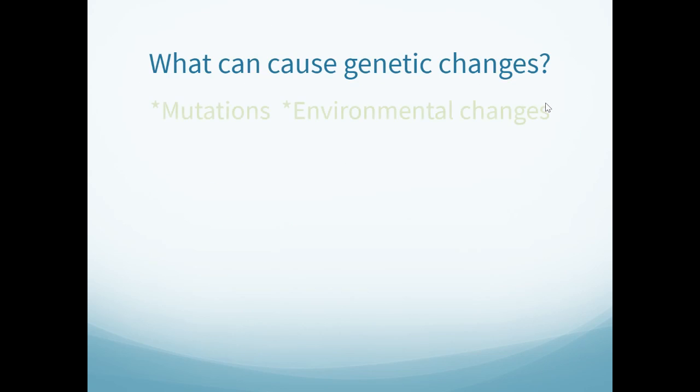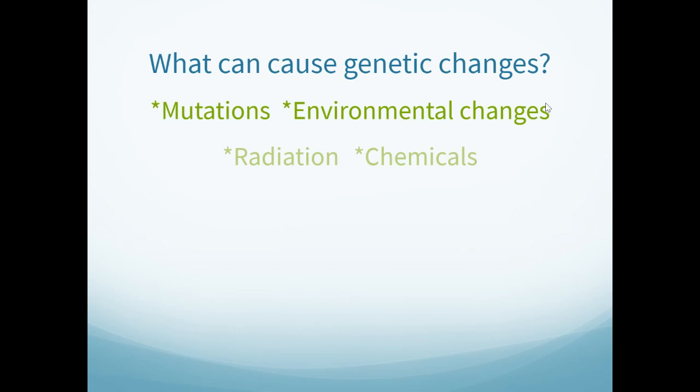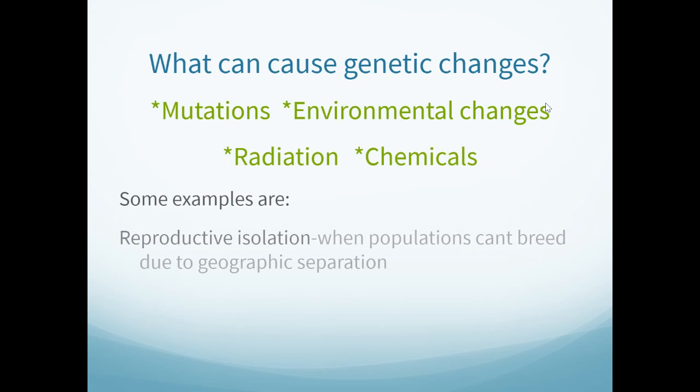What can cause those genetic changes are mutations, right? We can see things like radiation, chemicals, can all cause mutations, which we know are changes in our DNA. When we see those genetic changes, how does then the species itself change over time? Well, we see reproductive isolation amongst those organisms. This is when the population cannot breed due to some sort of separation,